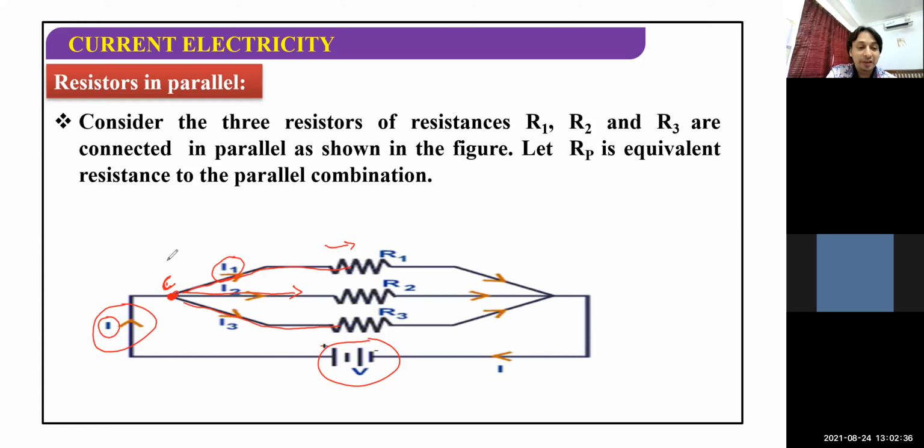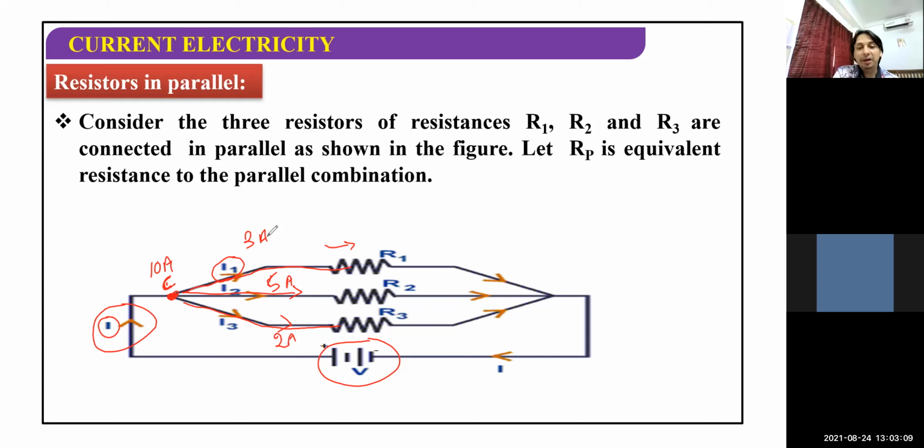So basically, suppose the battery has produced a current of 10 ampere, and let me take, suppose, 3 ampere is going to resistance 1, let me take 5 ampere is going to resistance R2, and what is the remaining current? 5 plus 3, 8, the remaining 2 ampere will go to the third resistor. All these are in ampere, children. Ampere is the unit of current.